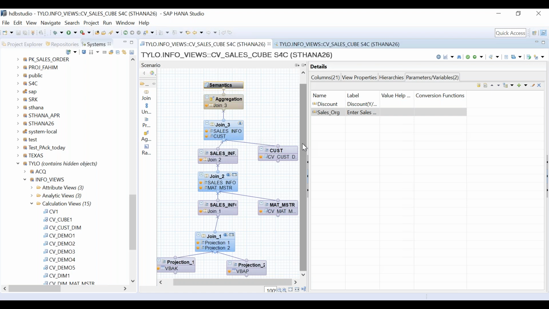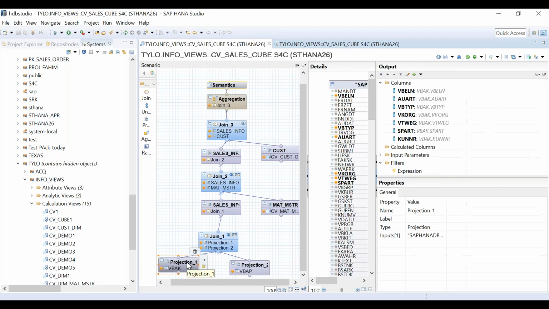Answer in the chat window. What are we going to do now? Filter, right? So we will go to the table where the sales org is actually coming from. That is what you want, exactly.